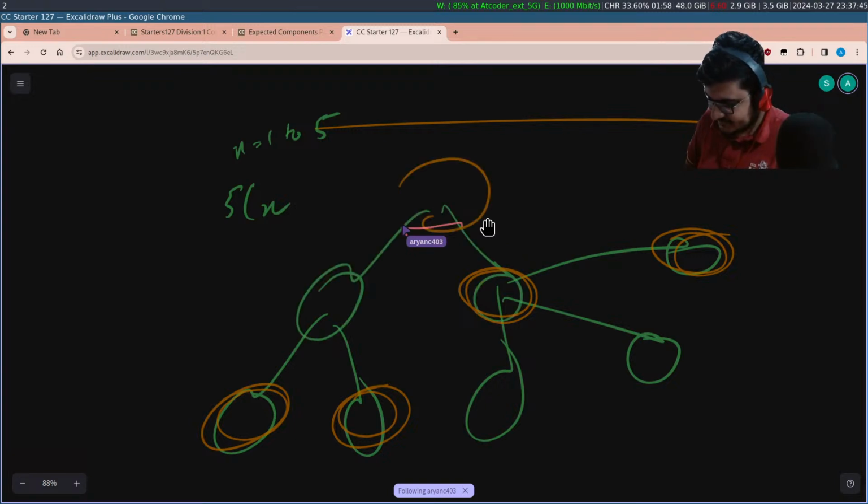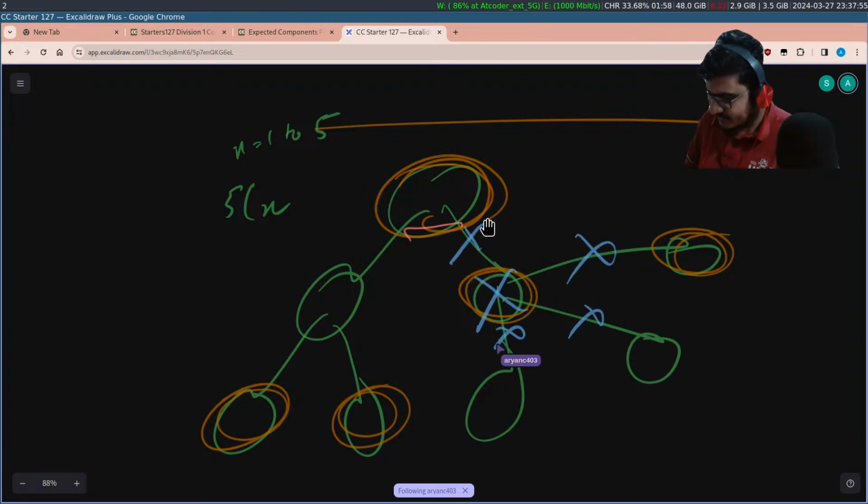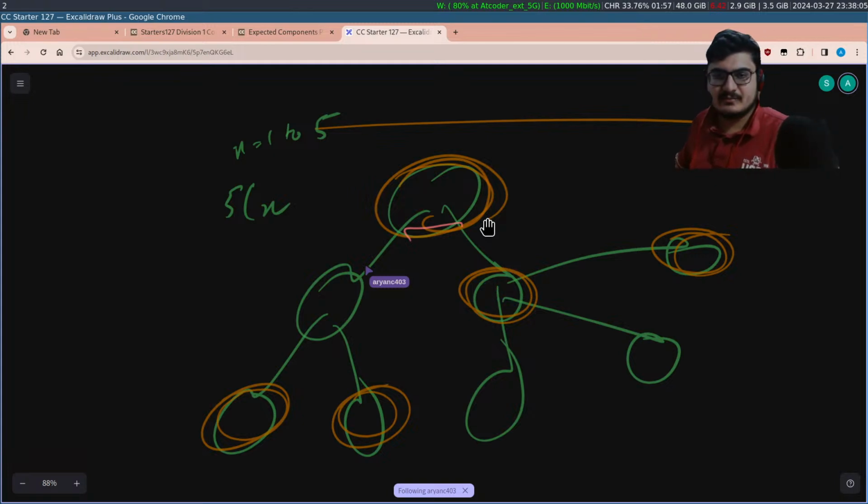Or for example, if you delete this vertex, then these edges also go away, and the number of connected components is 4. Along with that, if you also delete this one, then the connected component count is also 4. One important cool idea for this problem is that it's given a tree. This does not need a DFS.